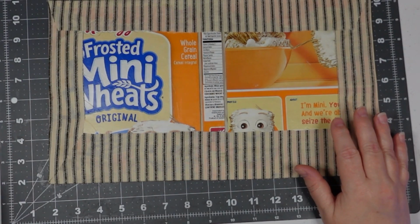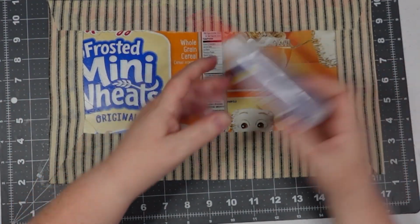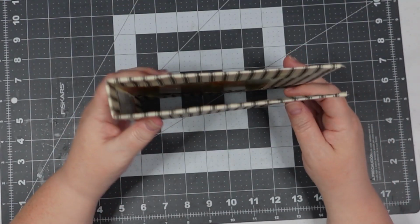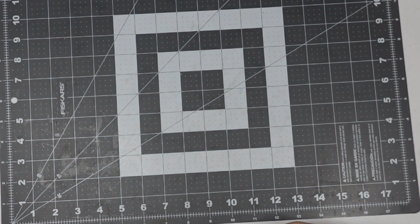I'm going to put this to the side to dry. I did use Fabri-Tac on a couple of the corners to get it down, and also there on the spine. So that's what we've got so far, but you can tell it needs to dry. So we will set it to the side, and